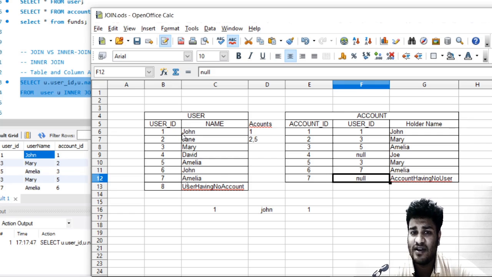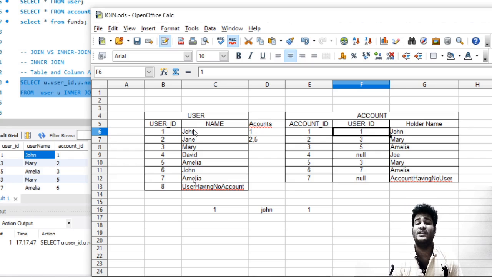But the match will be taken up only with the first row of account, because the user ID is same in both the cases. And that's why when we saw the Venn diagram, we were just fetching the intersect part, the part which was common in both the tables, because it is like comparing via two columns in two different tables.